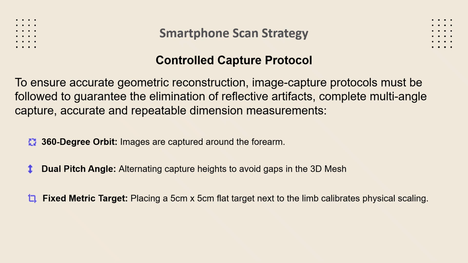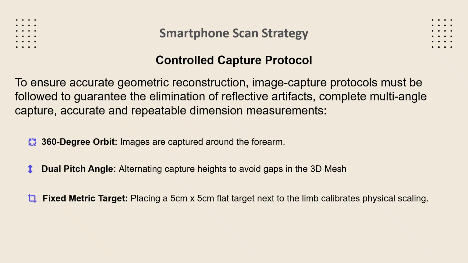Step 1 focuses on our controlled capture protocol. As photogrammetry algorithms depend on locating consistent pixels across many images, the quality of our input photos affects the geometric accuracy of our output. 3 rules prevent visual artifacts, skin glare, or shadow movement. First, the operator performs a complete 360 orbit of the forearm, taking consecutive overlapping photos